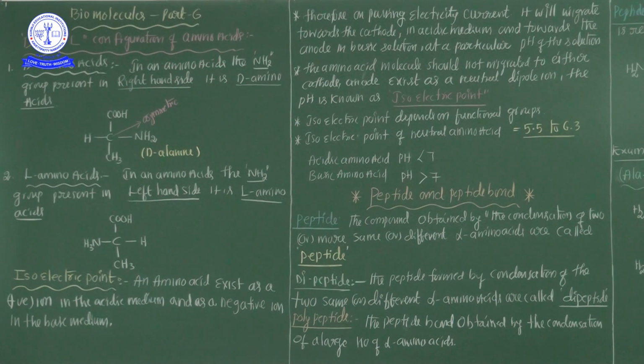Good morning students. In this session we are going to discuss D and L configurations of amino acids. So what is the D configuration? What is the L configuration? Already I said in my previous session, glycine is not an asymmetric alpha amino acid. All alpha amino acids of the proteins have an asymmetrical arrangement.